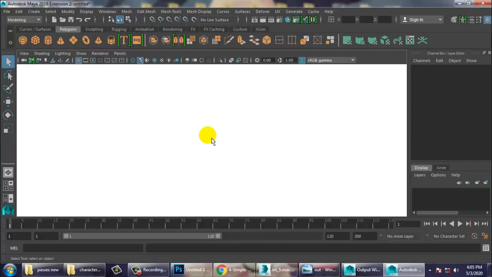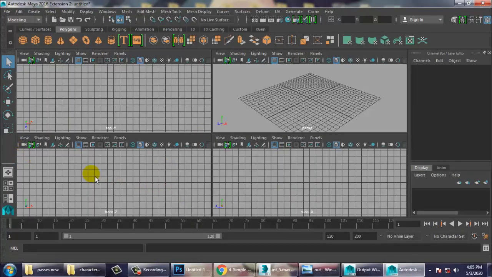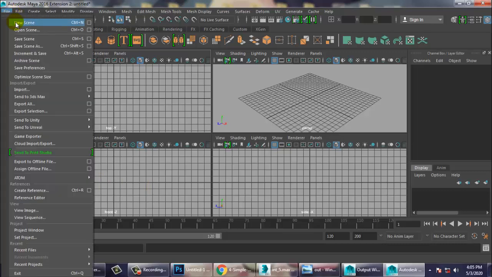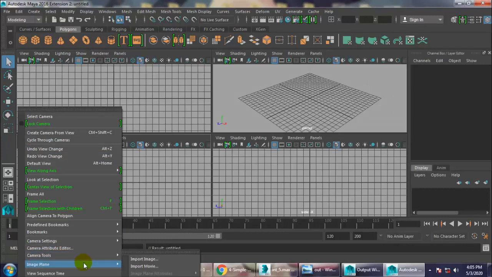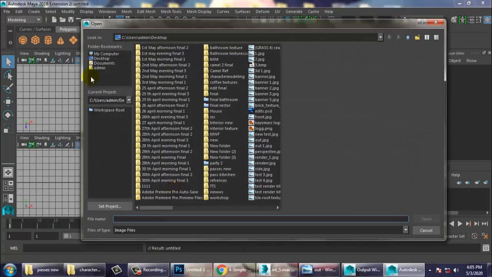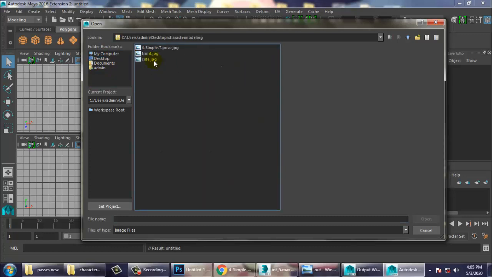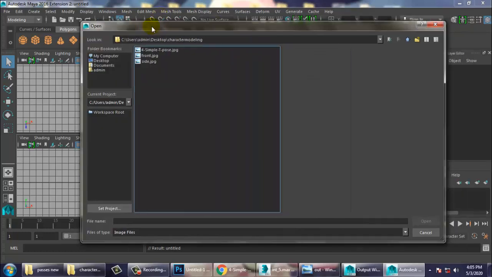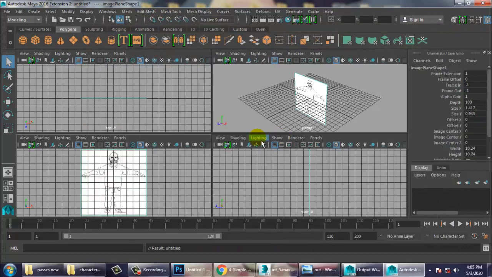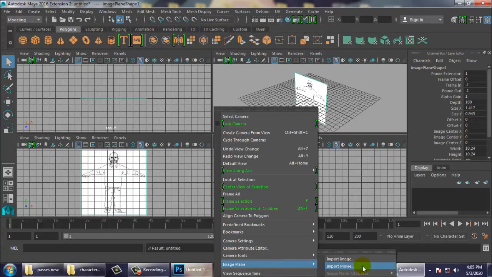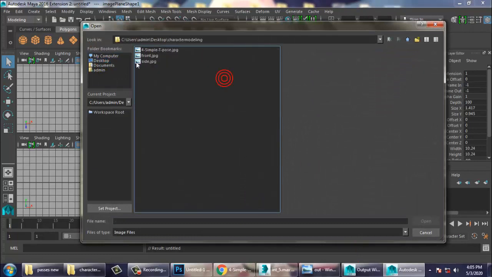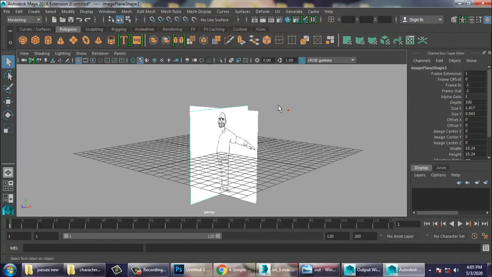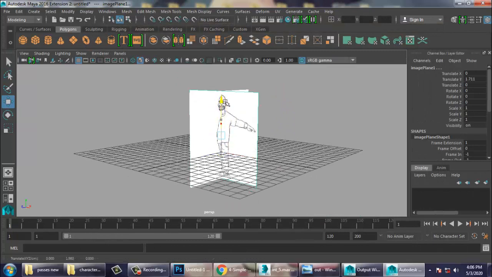So very first of all, how we are going to start, don't scroll anything, let's take a new file over here, go into view, image plane, import image, let's go to the desktop over here, character modeling, and let's take the front view. Image plane, import image, desktop, character modeling, and take a side. So once you have taken this, just now select this both and push it up.